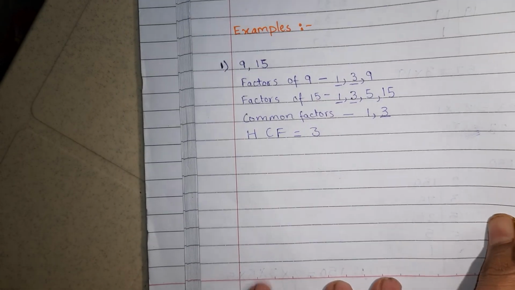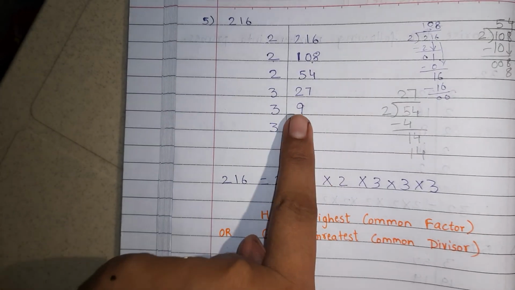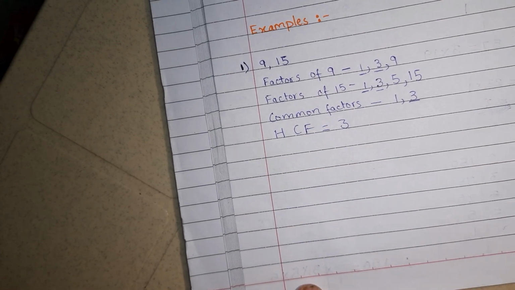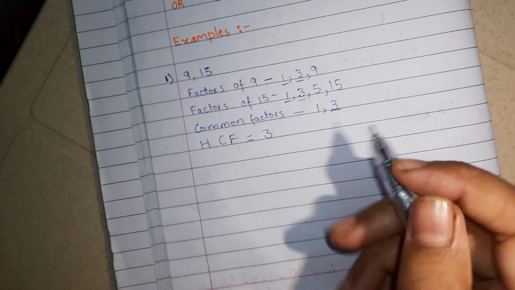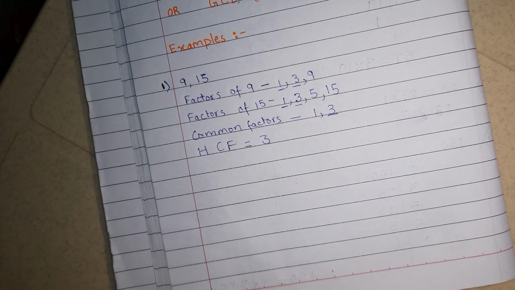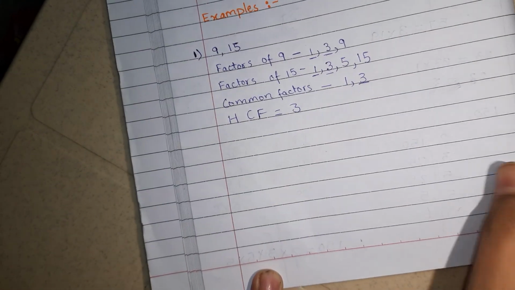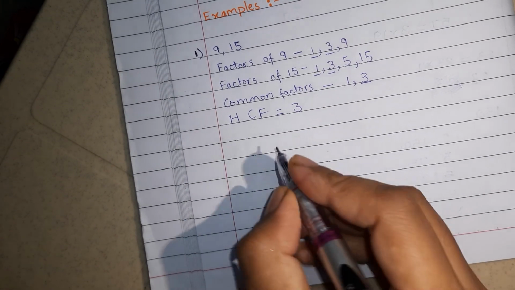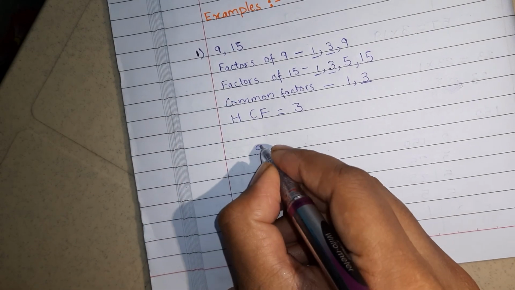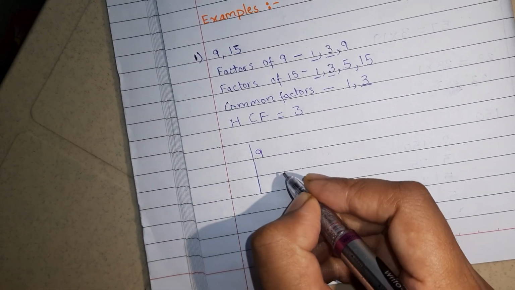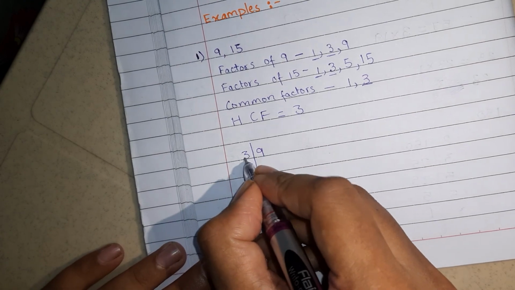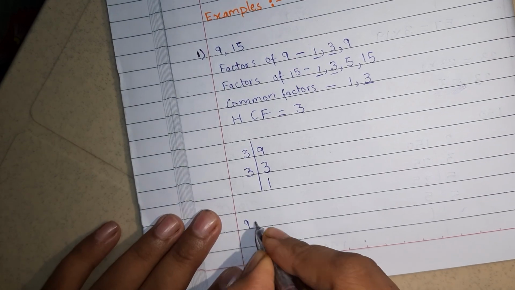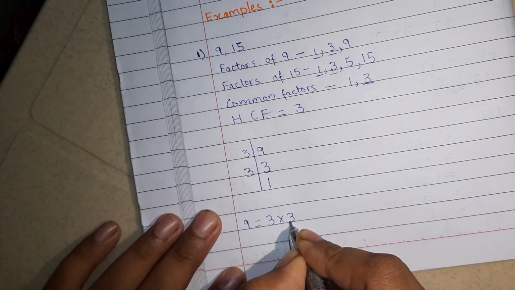But this year we are going to find the HCF by using the prime factorization method. In this prime factorization method also there are two ways. One is a little long cut and the second one is the shortcut. First I will show you both the ways and after that we will use only the shortcut. So according to the prime factorization method, first find the factors of 9. First factor is 3, 3 3s are 9. Next 3, 1s are 3. So 9 can be written as 3 into 3.